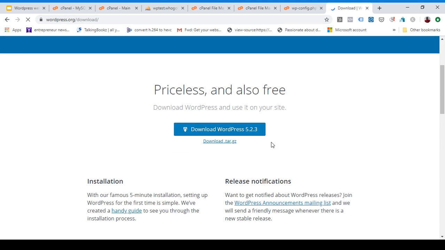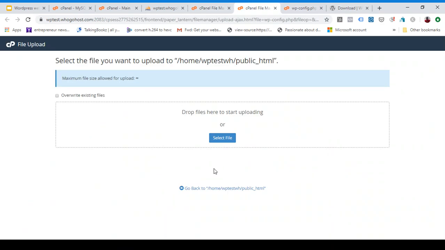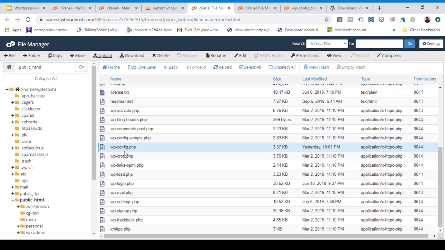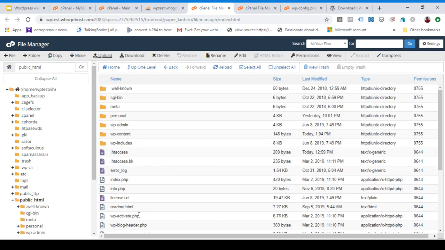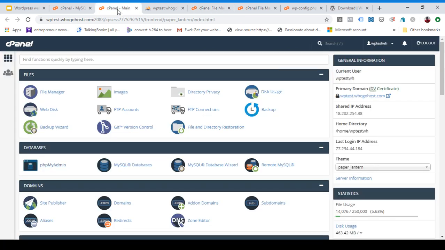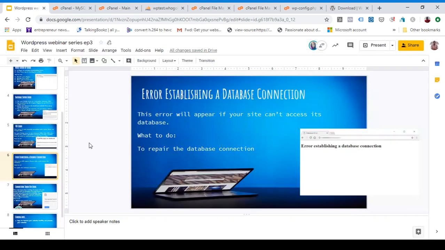So get WordPress. Make sure you download directly from WordPress, please, to avoid broken files. So you download WordPress from here. Once you download it, just upload it here, and don't forget to move all these files into a folder, because you're downloading a new WordPress file. So if after doing that the error persists, then you should contact your web hosting provider. Contact us. We'll definitely help with it. If it's something we feel you can do, we'll put you through, and if it's something we have to do, we'll definitely fix it. So the next error is